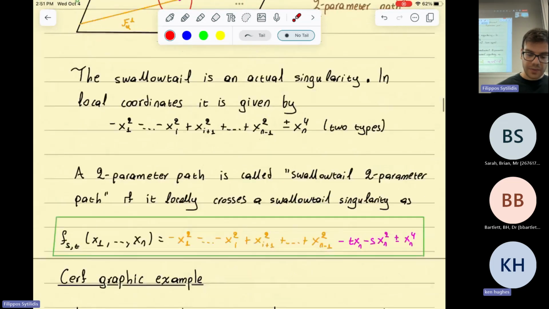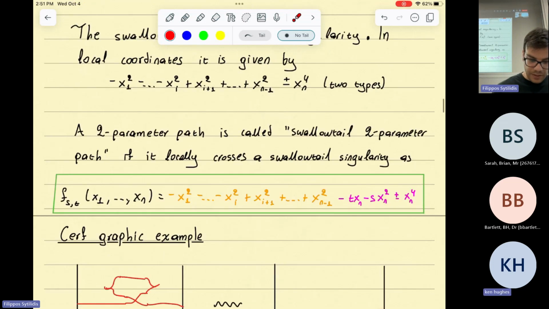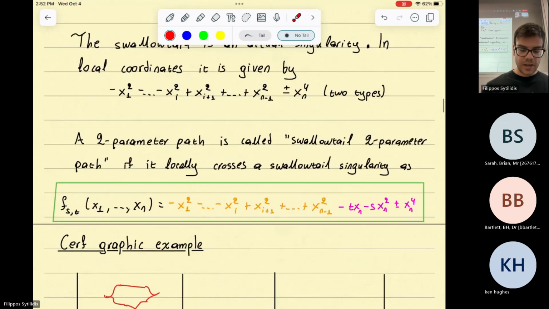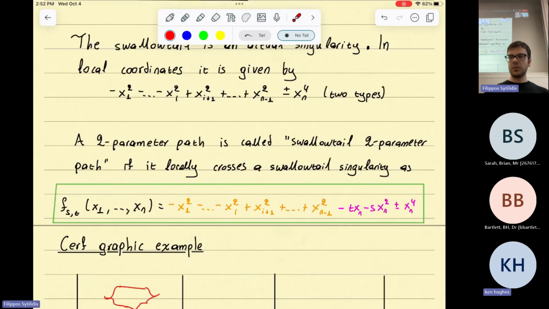And a 2-parameter path will be a swallowtail 2-parameter path if locally it takes this form that I have here in the green box. So it's some kind of quadratic. It's a 2-parameter path, so it has 2 parameters s and t, some kind of quadratic, and then this part here, which depends on s and t. And when s and t is 0, I get a local form around the swallowtail singularity. So at least that's the idea. I'm going to give you a demo,